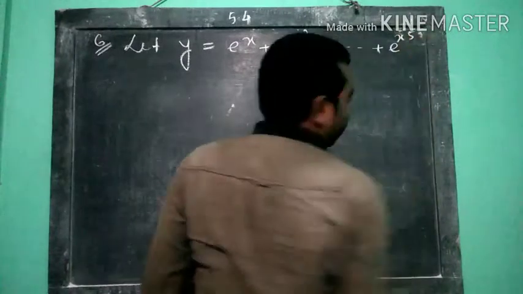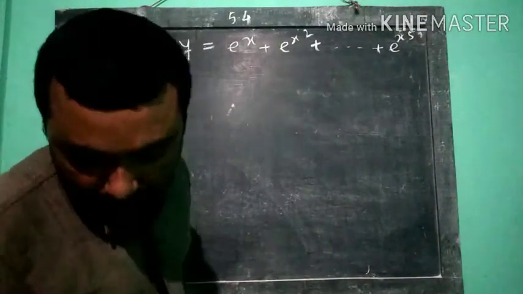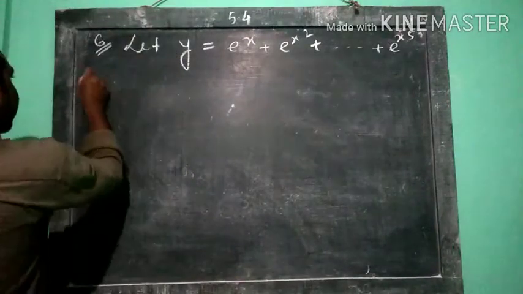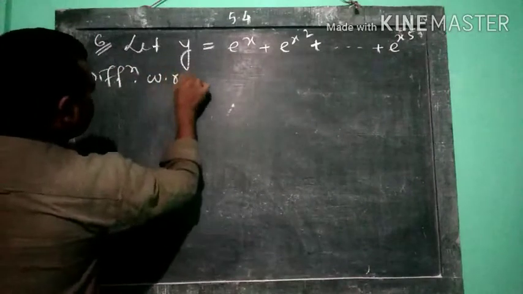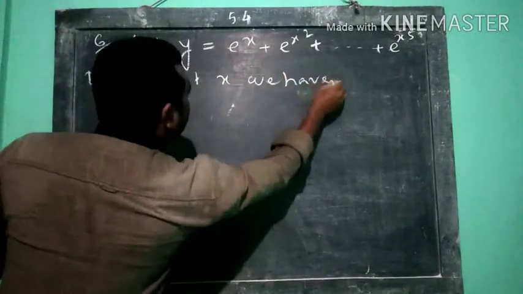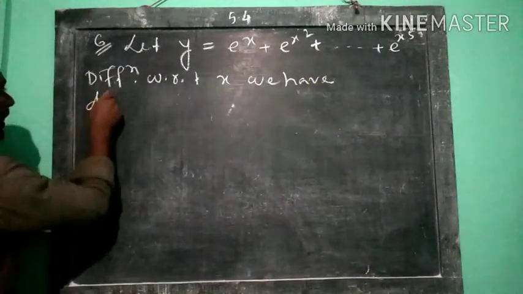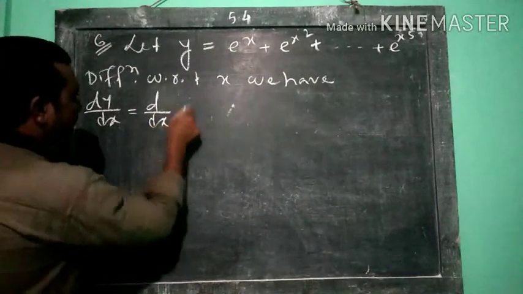This is the given question. So differentiating with respect to x, we have dy/dx equal to d/dx of